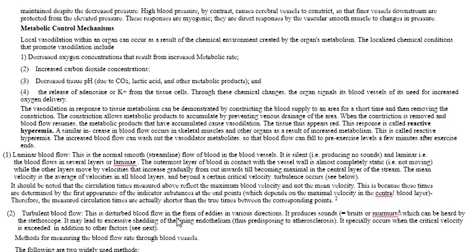We just said turbulent. So this is turbulence or disturbed blood flow in the form of eddies, in the form of angles in various directions. It produces sound, bruit or murmur, which can be heard by the stethoscope, especially in the heart, when there is a valve damage, we can hear a murmur. The murmur means there is an abnormal heart sound. It can be heard in a certain area of a blood vessel, but it is actually not clinically practical unless there is